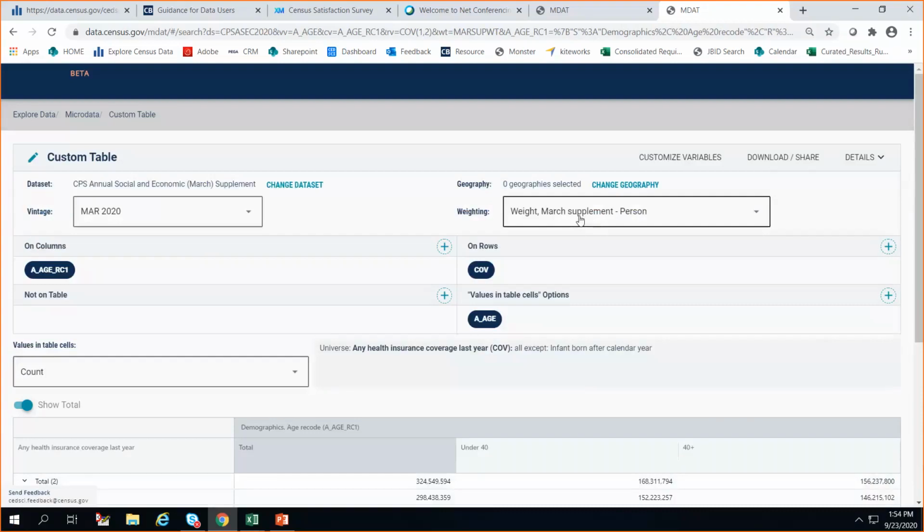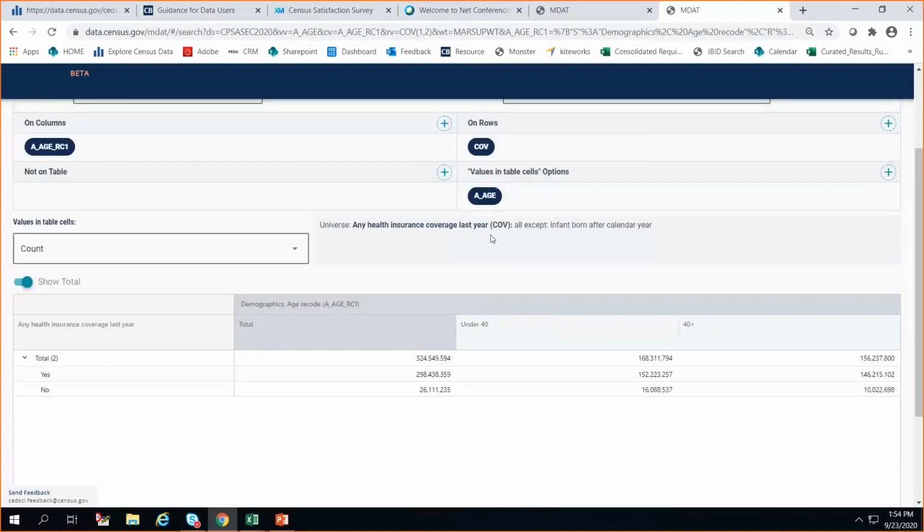It applies the person weight to the March that's needed for the March supplement. And by count, and it says it excludes the infants born after calendar year, and then here are my estimates, my total numbers, and those that are 40 plus that are not insured are approximately 10,000,